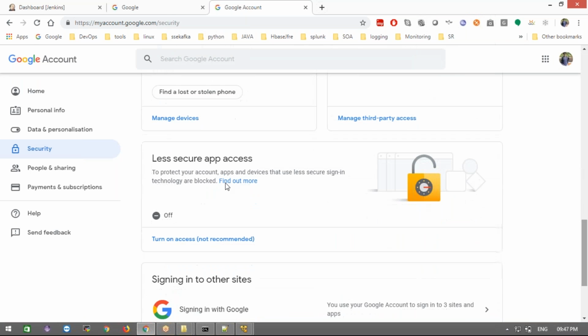Less secure app access, by default it will be off. If you want to enable that, just click turn on access.